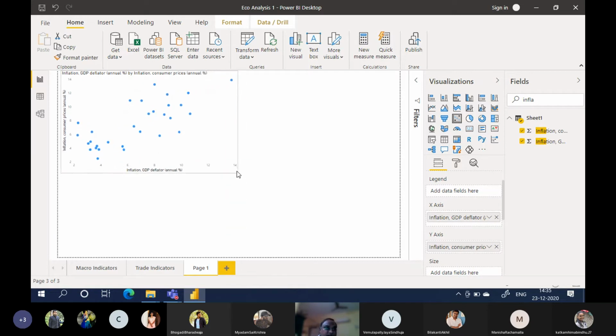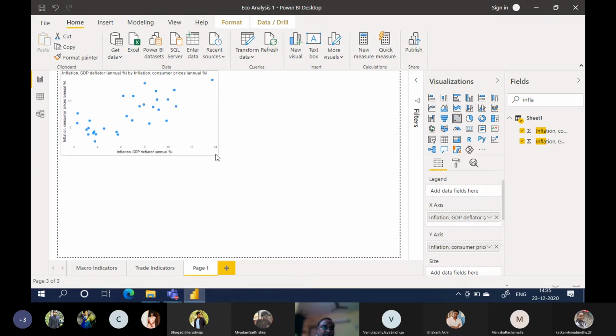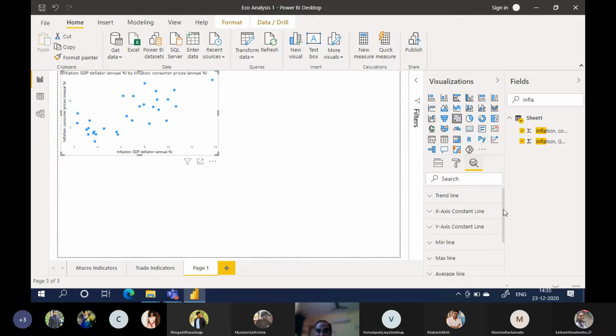Now, what do you understand from this chart? Is there a relationship? Click on analytics, and we can add a trend line.